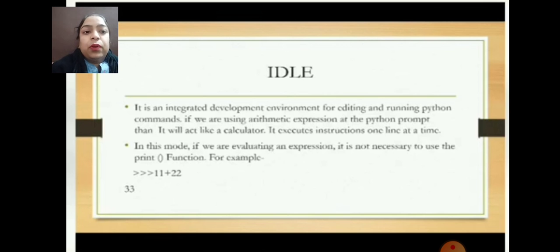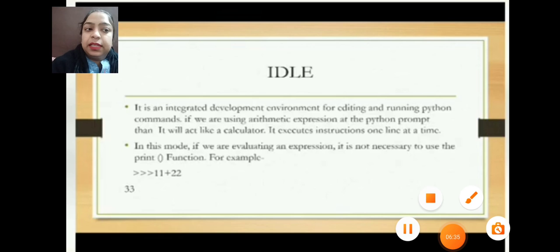In this mode, if we are evaluating an expression, it is not necessary to use the print function. For example, there are three symbols, that is called the prompt, and it lets the user understand that your Python shell is ready to work. If you write 11 plus 22 and press enter, you will get the output, that is the answer 33.